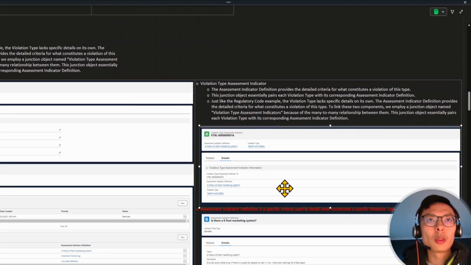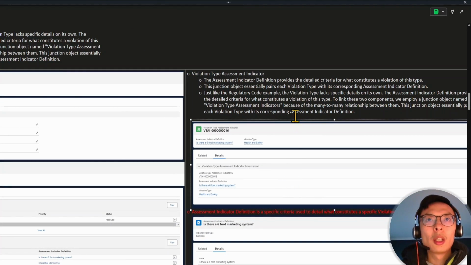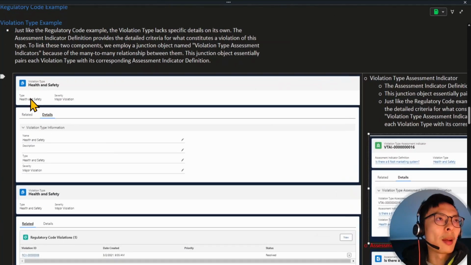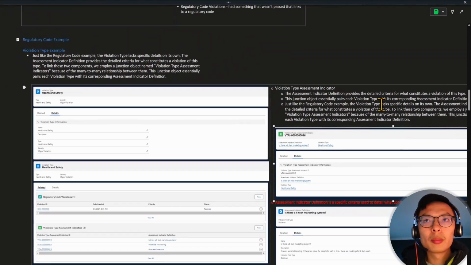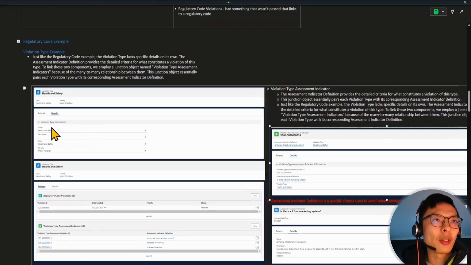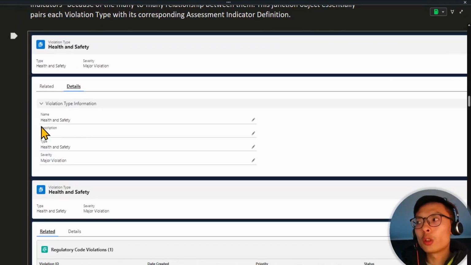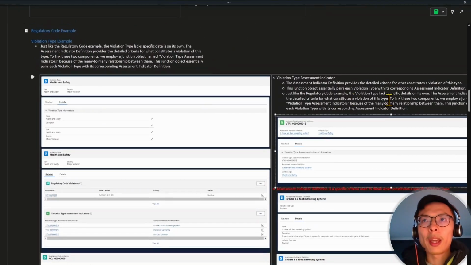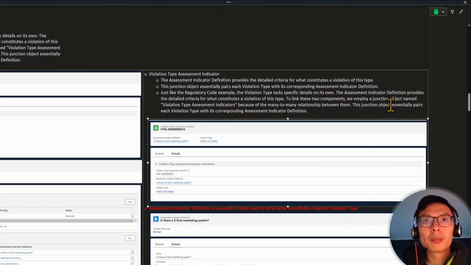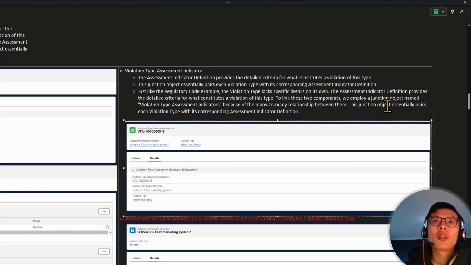Similar to that concept, the violation type itself doesn't provide much detail. If we look at health and safety, it doesn't actually tell us too much. Hence, there is a need for